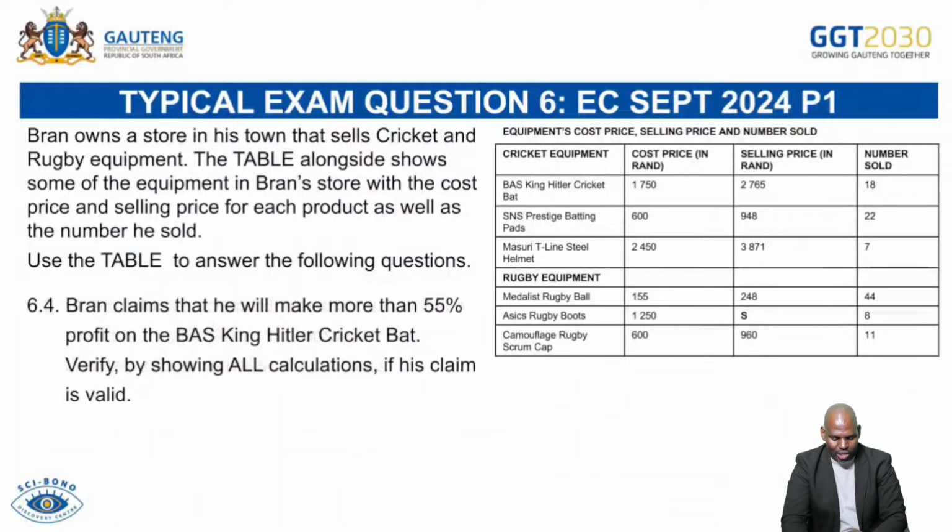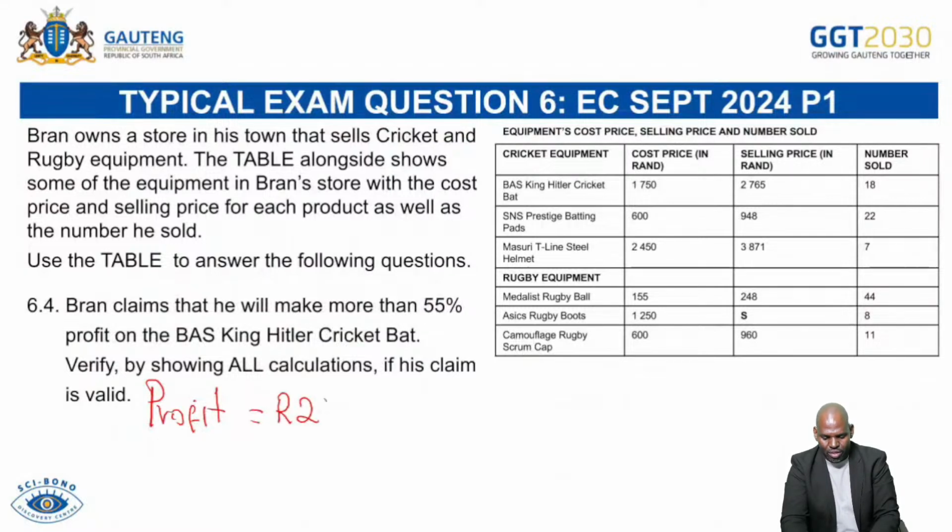So we need to calculate the profit in this one. So the BAS profit, again, from the cost price, we get 2,765 rand minus 1,750, and then it's equal to,